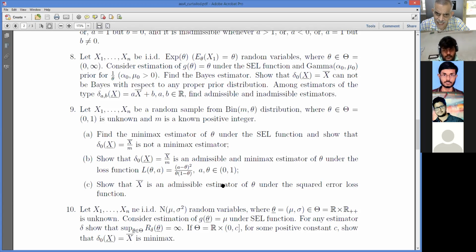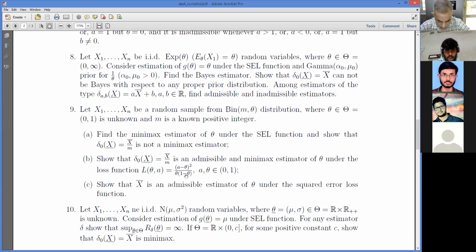So I'll explain it. I'll prove a much more general result, and then this follows immediately. In any estimation problem, if delta is admissible under loss function L(theta, a), then delta would also be admissible under the loss function W(theta) L(theta, a), where W(theta) is any positive function. That is what is happening here. When you have a squared error loss function (a minus theta) whole square, this loss function becomes W(theta) times (a minus theta) whole square, where W(theta) is nothing but theta into 1 minus theta.